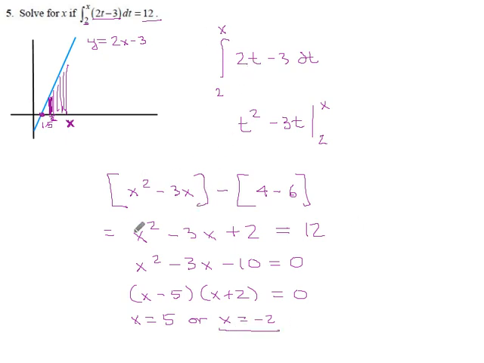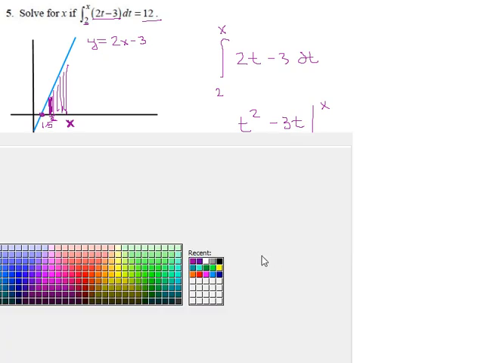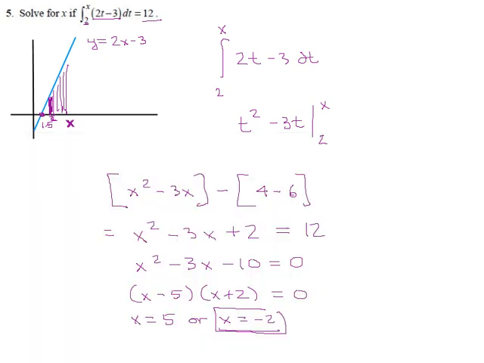If we did put that into here, if we put negative 2, we'd get 4 plus 6 is 10. Oh, yes, it would come out. This would work. This would work because over here to the left, do you see what I missed? I was thinking if we went out to the left and had our boundary at negative 2, we'd have positive area here and negative area here, and we'd never make it to 12. But the thing is, if we went this way, we'd get positive area here, and here